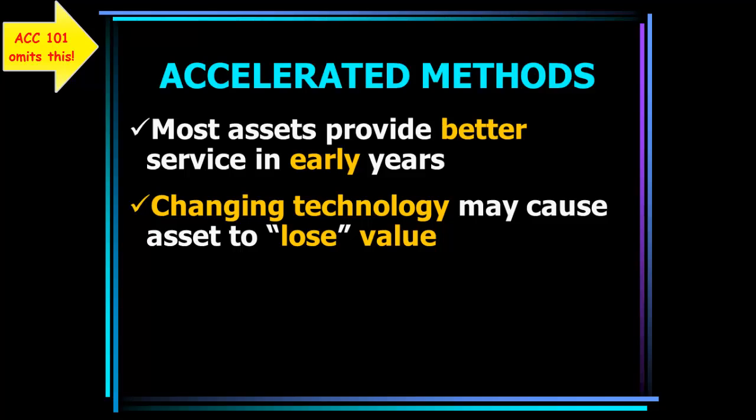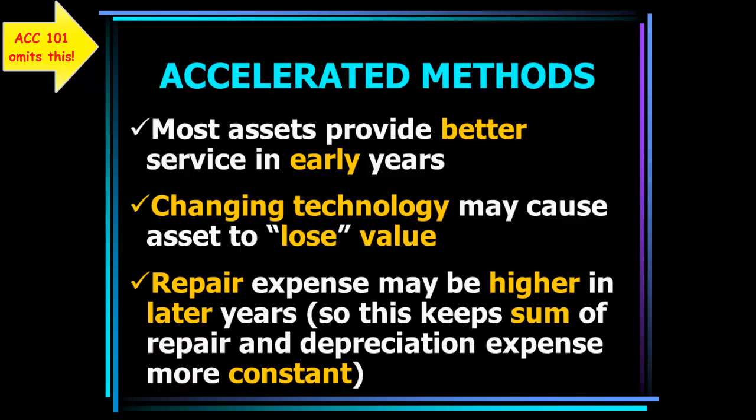Changing technology causes many items to lose their value quickly. You know, your great hot computer you buy right now is like a boat anchor in about 3 years. The car that you drive off the lot that's so wonderful right now, its value plummets very quickly also. All right, so we agree many items lose their value quickly. Now, remember, we don't try to make the book value equal market value. However, we do recognize that many items go down in value very rapidly, and so that's another reason to justify